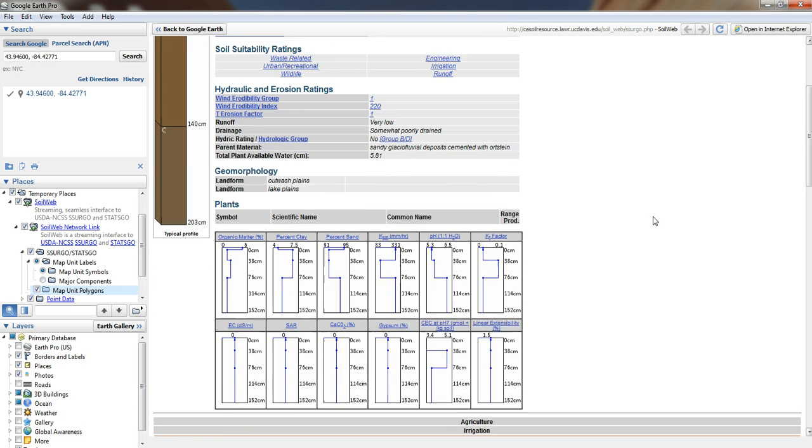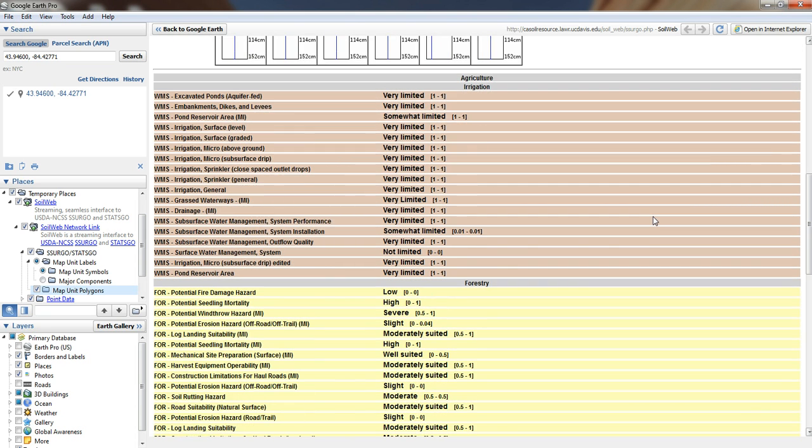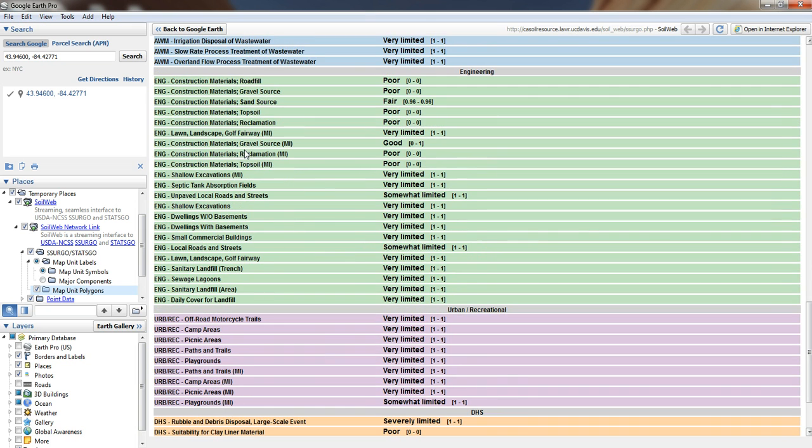And then I can come through here and I can click on any of these applications. Once again, these are all comparable. There's no one better than the other. It's just that they all have a different purpose. So a Web Soil Survey is designed for building a manuscript of collective information for that particular soil. Here you're seeing, for instance, let's go down to the septic tank absorption fields we were looking at, and in this application the only thing it tells you is that you're very limited, and the range is very limited to very limited. There's a lot more information available in this Google Earth package, and you can explore it to your heart's content, but it does have a lot of application